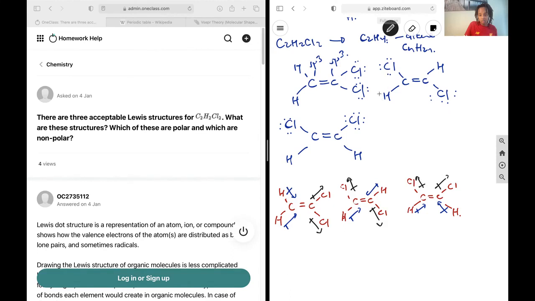Okay, and so let's see if anything will cancel out exactly as it should. In this case, we see that these two dipoles are equal and they're opposite in direction. So these two will cancel. Similarly here, they're equal and opposite in direction. So these two will also cancel. Here we see nothing is equal to the other one. And so these two, their angular components will cancel each other out indeed, but it'll still leave you with the